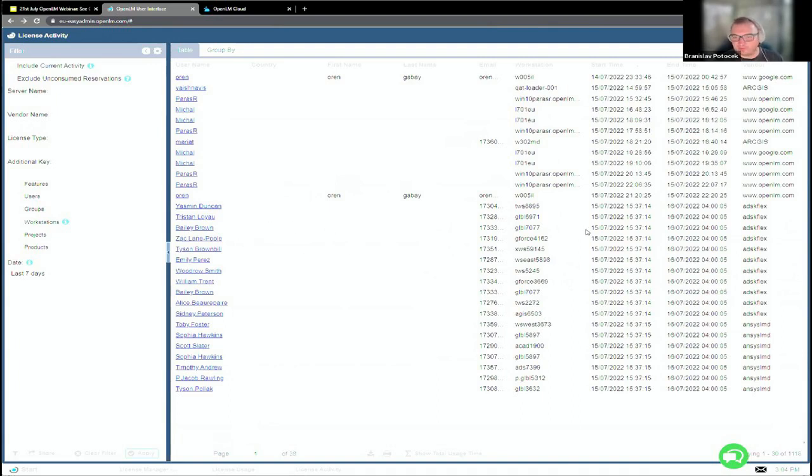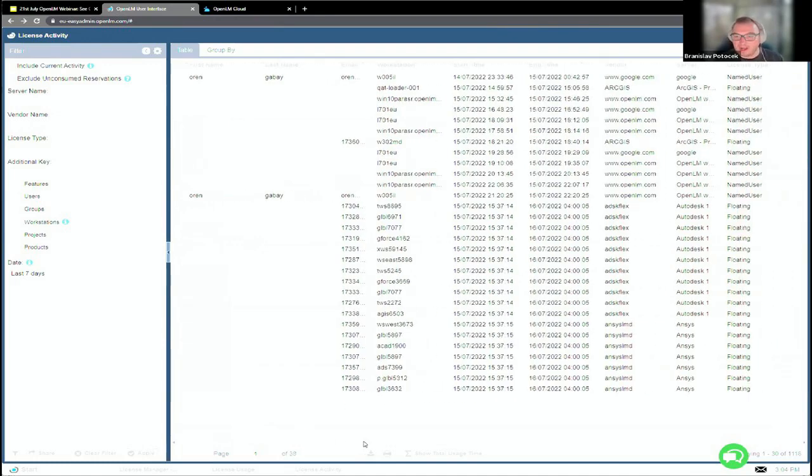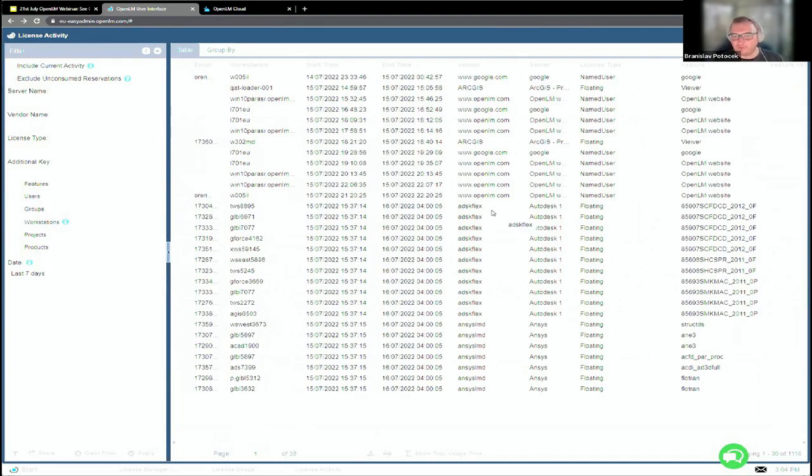Well, it tells me when the user started the session. As you can see, there is a start time. When the user ended the session, there is an end time. Which vendor is the user working with? In this case, ADS Flex, that's Autodesk, that's the name of the server, the type of the license,